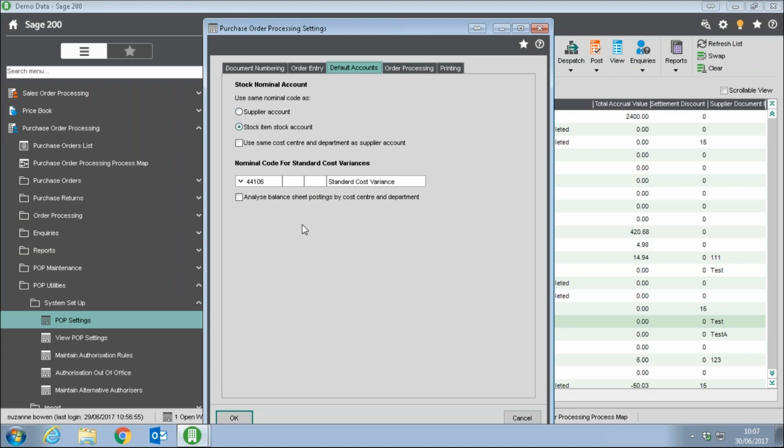It's also asking for the nominal code for standard cost variances. We have a number of different costing methods within stock control, one of which being standard cost. Now, when we purchase items through purchase order processing, we may be paying our supplier £10, but our standard cost on a stock item may be £12, so there's a £2 difference